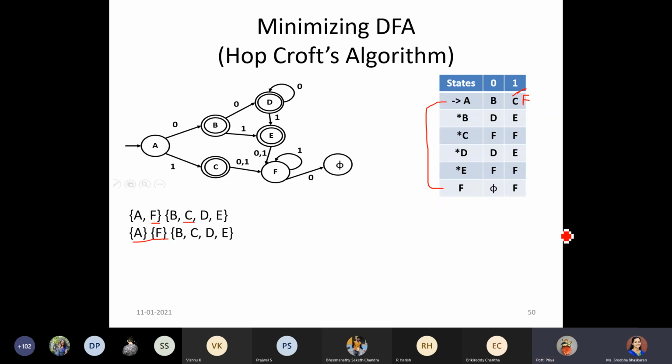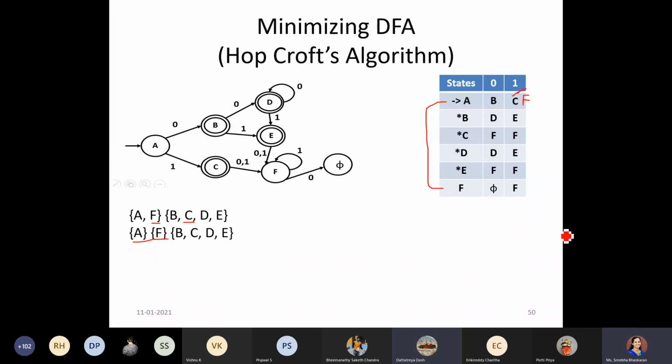With respect to one transition, both A and F belong to the same group. So we can take a decision that A and F can go together. Not in this case, not for this example. I'm just saying in general.